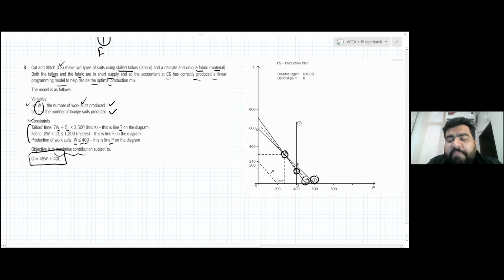But obviously, they have already told you that you don't need to use the scale, just take the line upward and see which point is far away. They have already told you in the question, by using this dotted line, that B is the optimum point, which means C is coming first. This C intersection is coming first, and after that this B intersection is coming. So B is the optimum point, and on this optimum point we will see which two equations are coming,